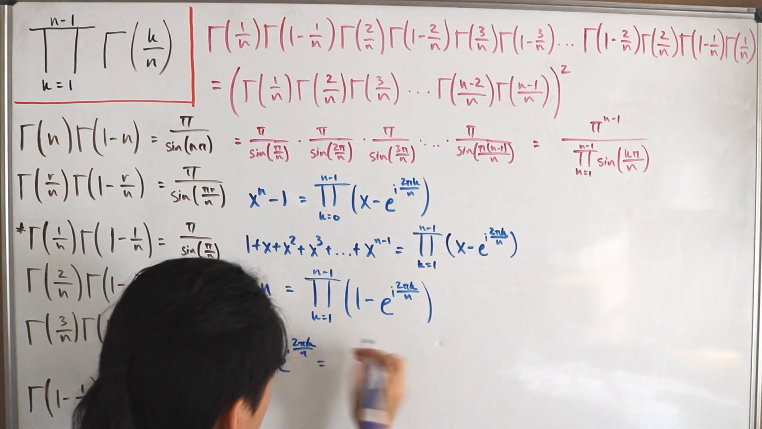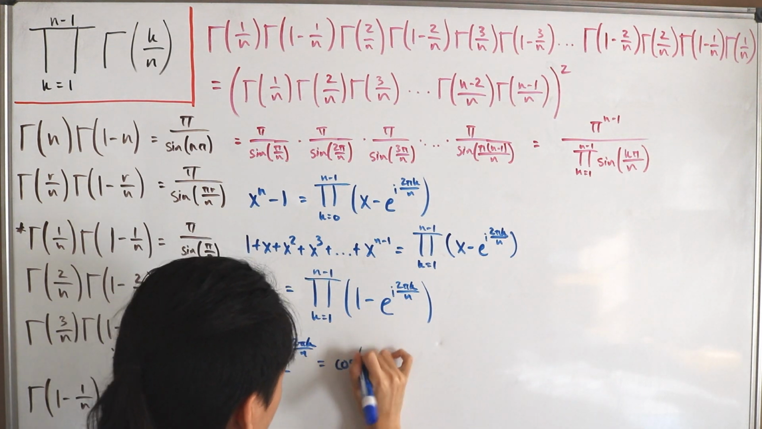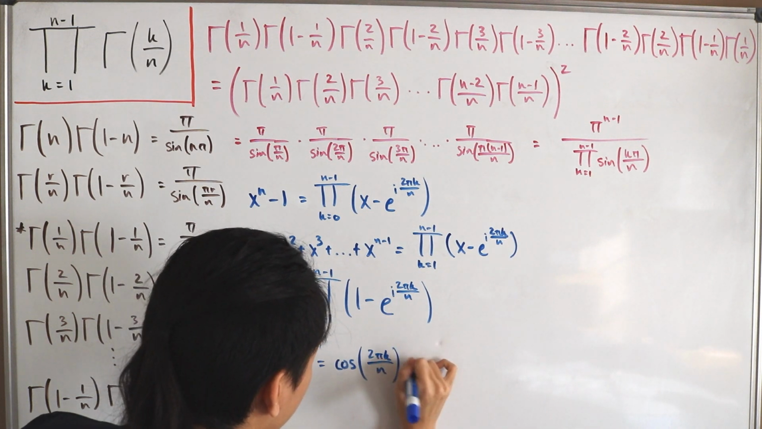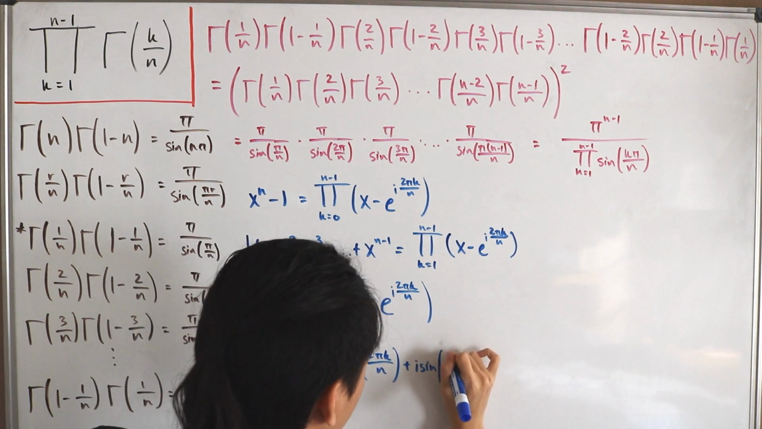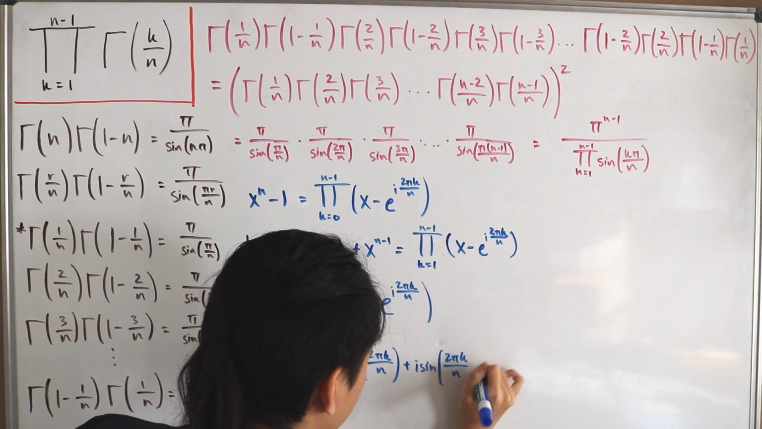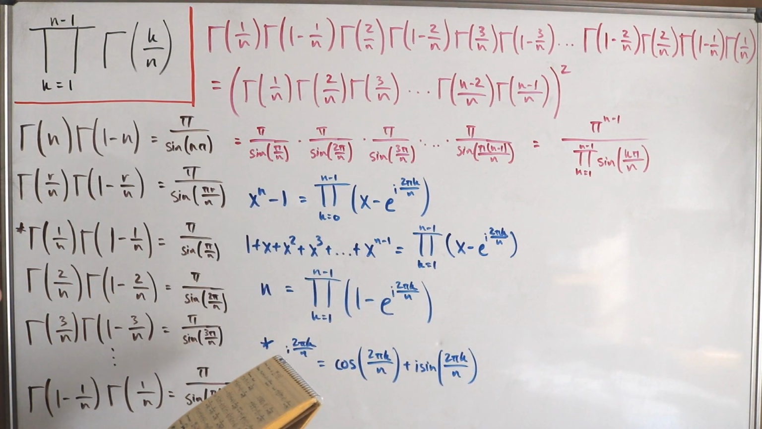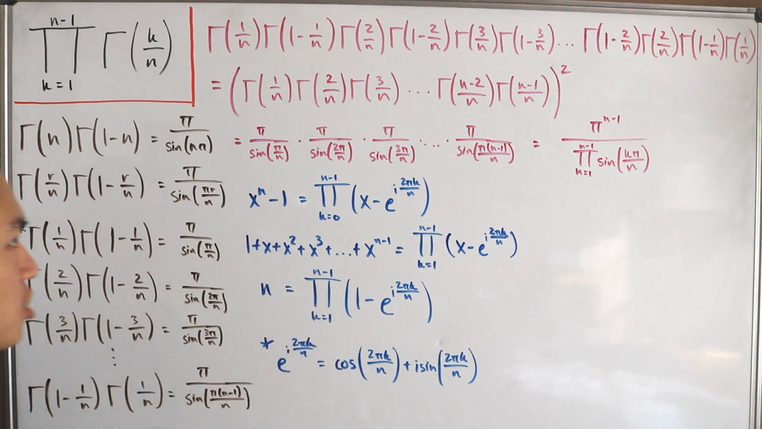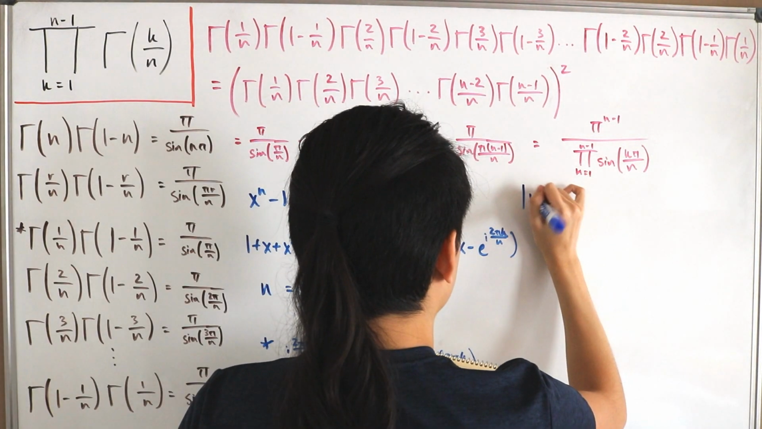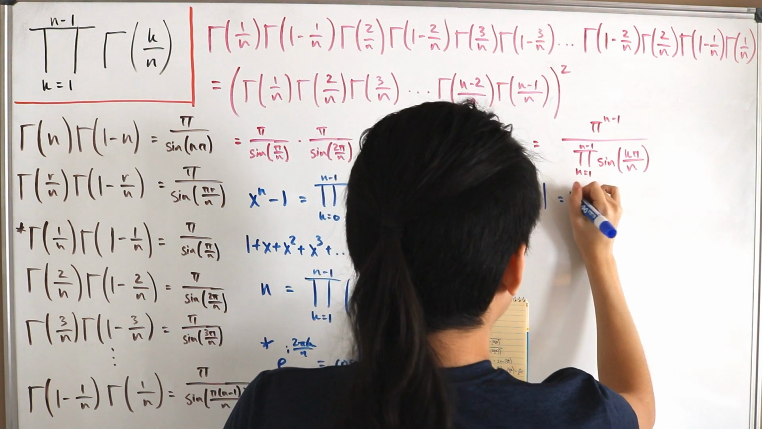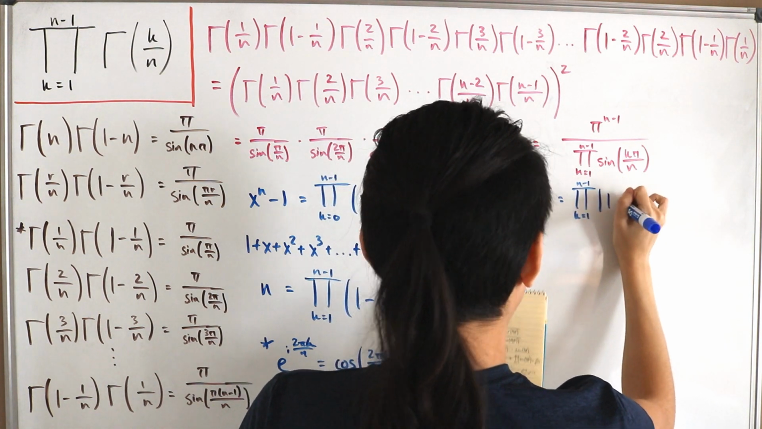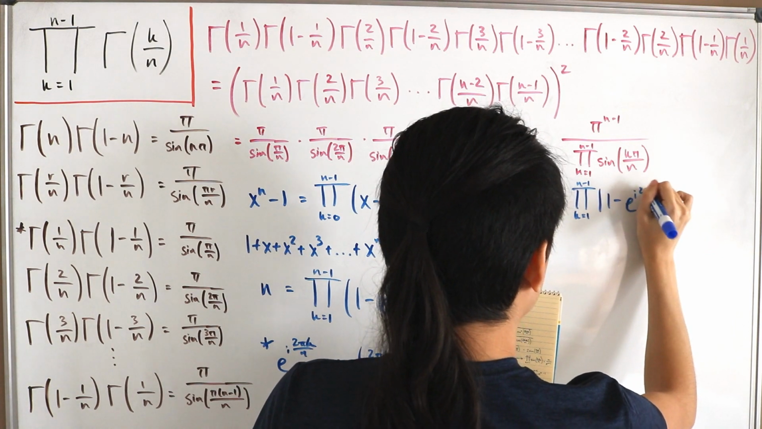In other words, we know that that's simply represented with Euler's formula as cosine of 2 pi k divided by n, and then add this with i times sine of 2 pi k divided by n. Okay, this is going to come in handy because what we're going to do is take the modulus of both sides of our equation. So I have the modulus of n is equal to the product series, k is equal to 1 to n minus 1, of the modulus of 1 subtract e to the power i 2 pi k,